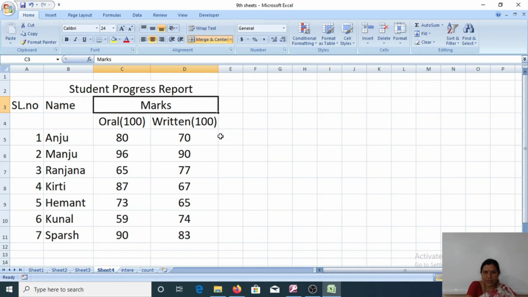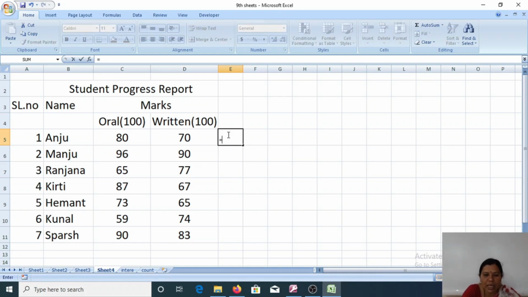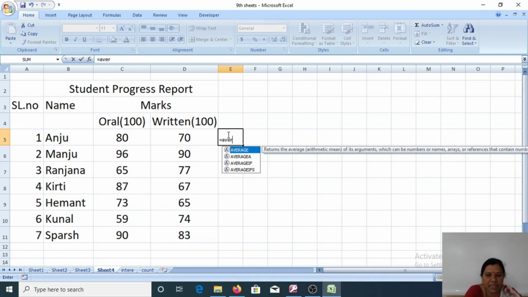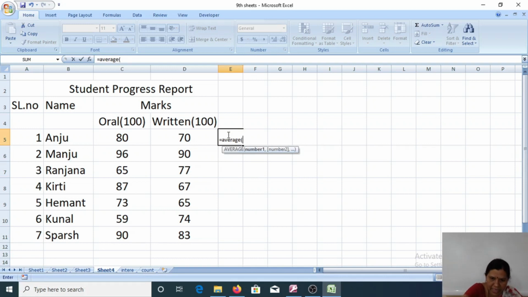In that situation, I will keep my cursor here and write equals to average, start the parenthesis. The oral marks are in C6 and the written marks in D6.